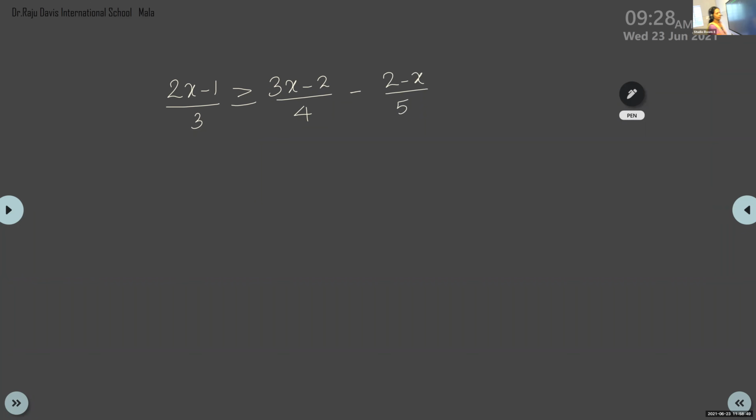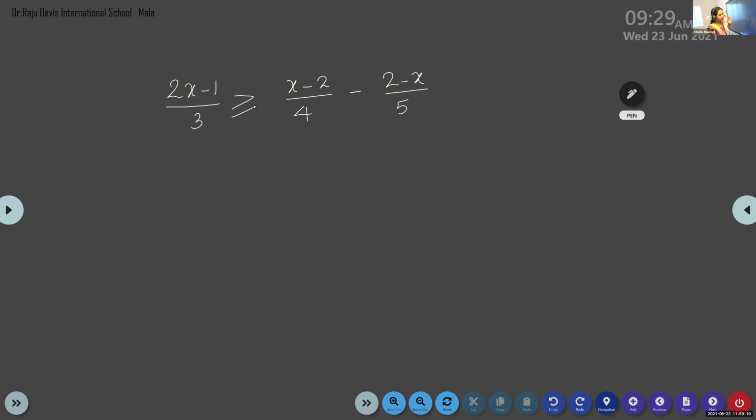Okay, we are going to solve this. How to solve this? Now look at here. Here we have the inequality symbol, isn't it? Now look at the LHS and look at the RHS. In LHS we have only one term. Look at the RHS. 2 terms are there. Then what you have to do? We should simplify this RHS and make it a single term.